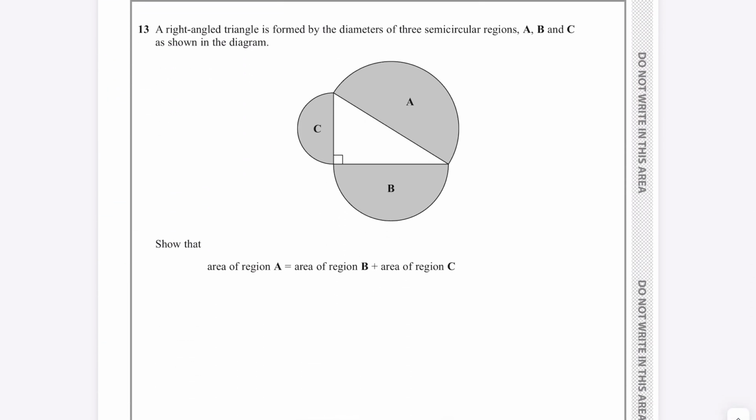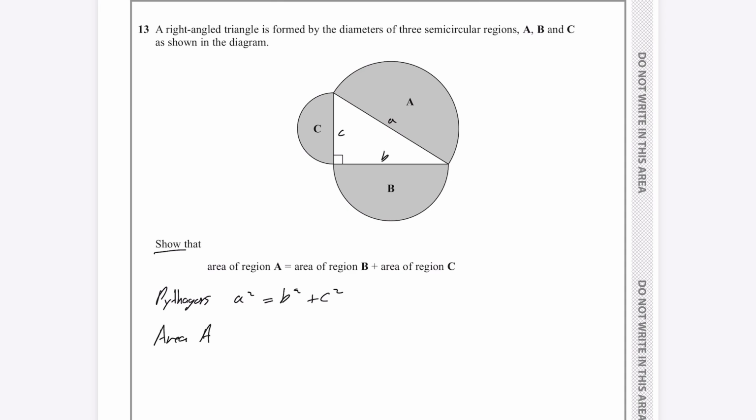So 13, we want to show that the area of region A is equal to the area of region B plus C. So hopefully you've spotted with this that it's Pythagoras theorem, so I can write a small a here, a b here, and a c here, and I'll just write here the Pythagoras theorem. So Pythagoras, we have a squared is equal to b squared plus c squared. So we're going to start off with finding the area, as the question says show that the area of region A, B, and C. So we're going to find the area